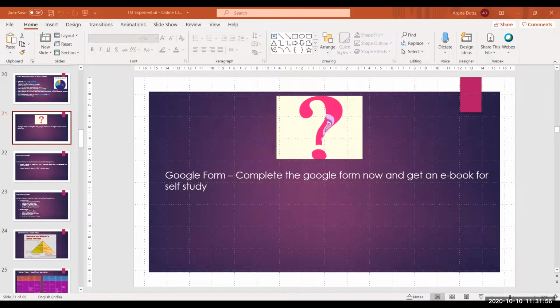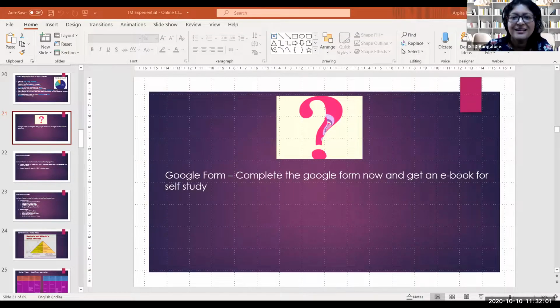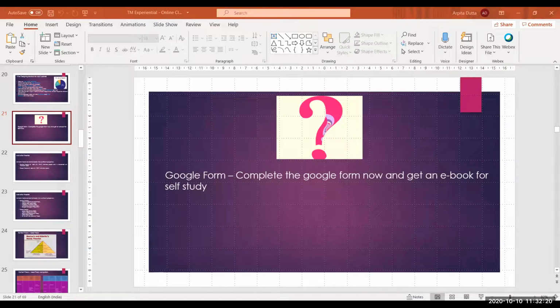Ma'am, the deadline is not available for submitting? No, because the classes started a little late this time. Otherwise, if you see the prospectus, there is a schedule. If we follow that schedule, apart from this pandemic situation, then we follow those dates. But now the classes have started a little late, so they probably have to revise the dates only for this year. We will hear from them. Examination will be as scheduled in December.